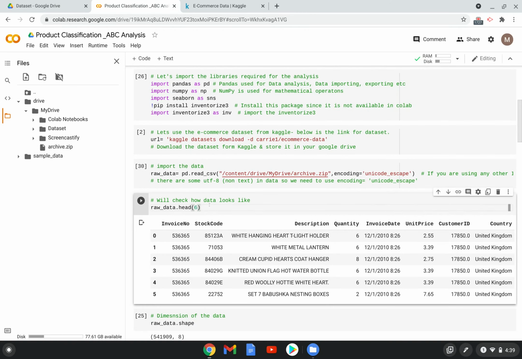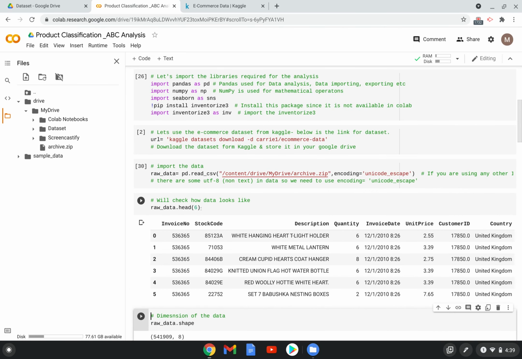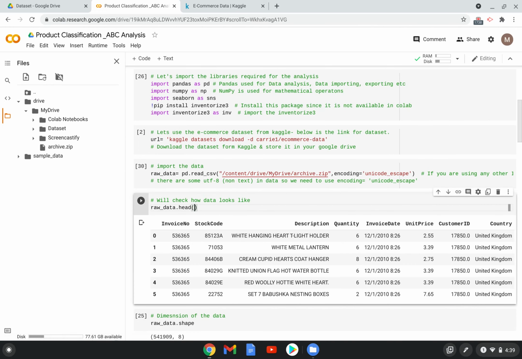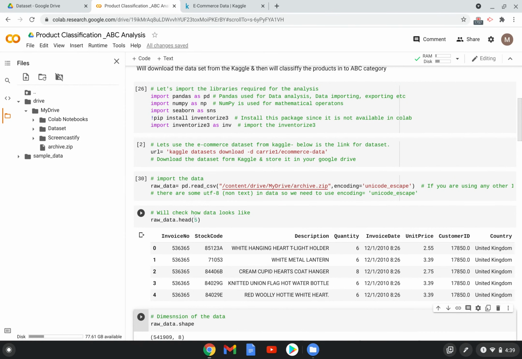Okay, so let's see how the data looks. For that, we can call the head function and we can specify the number of rows we need. Let's say right now it is 6 rows: one, two, three, four, five, six. You need to remember one thing, that in Python it always starts from zero, not from one. So there are 6 rows here. If I need to see only the first 5 rows, then I can specify the number of rows here. Generally by default it is 5. If you need any other variation, then you need to mention that number of rows.